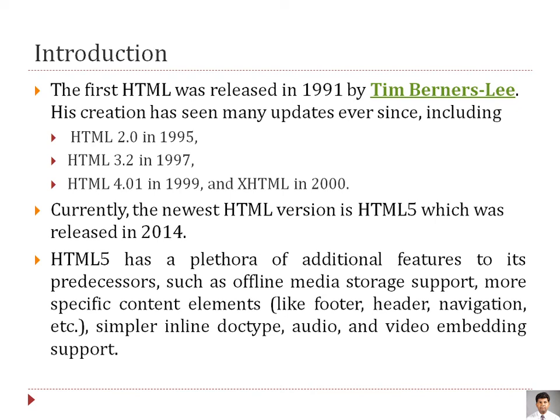More specific contents like headers and footers were added. Whenever you scroll a website, you will find some header part remains constant, or some footer part remains constant on your screen. You may not have seen this previously, but nowadays at the bottom of every website there is a navigation, where you see the geographical location of the company for which the website has been created. That navigation part, that geographical part, has been added in version number 5.